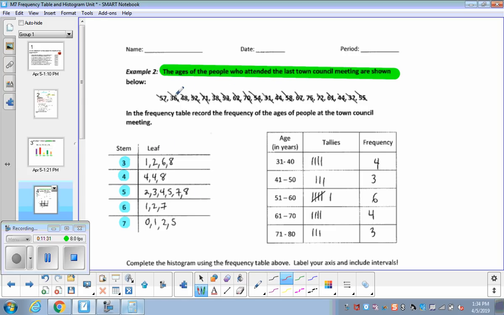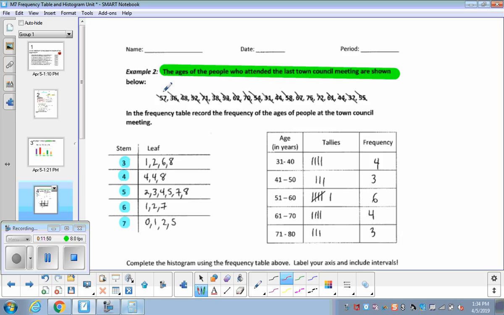I went after anything in the 30s. So up here, I saw that I had a 36, a 38, a 31, and a 32. And then I just wrote those numbers there from least to greatest, and I just slashed out along the way as I went through. Now I checked in the end to see if I had all my numbers by simply